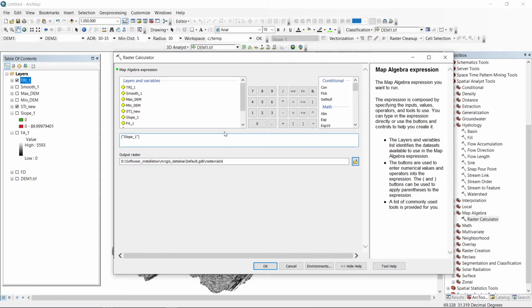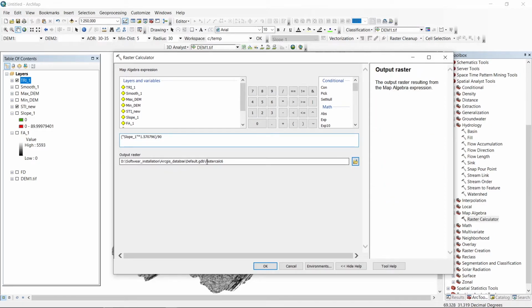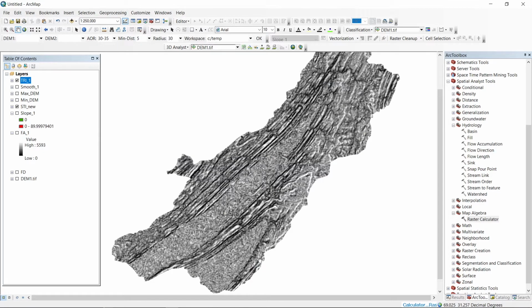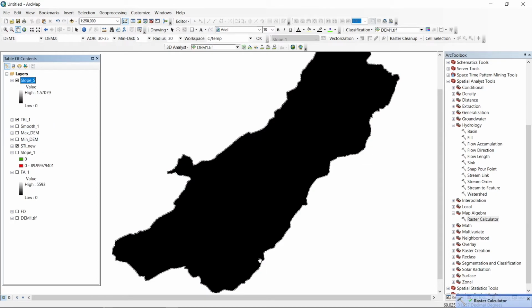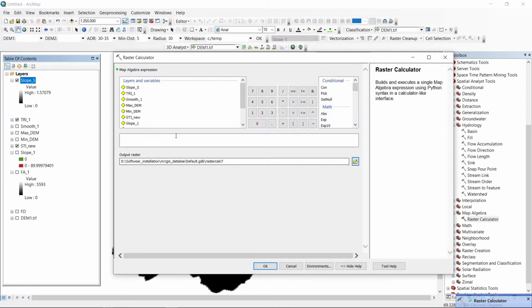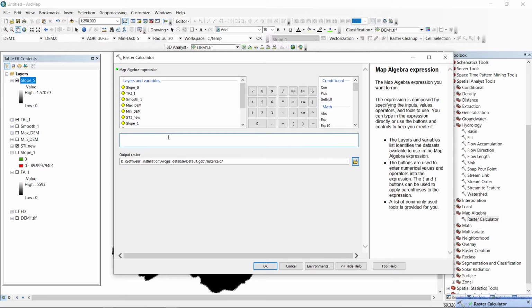slope multiplied by 1.57076 and divided by 90 degrees. Slope S. Okay. Again, raster calculator. I'll give all these formulas.